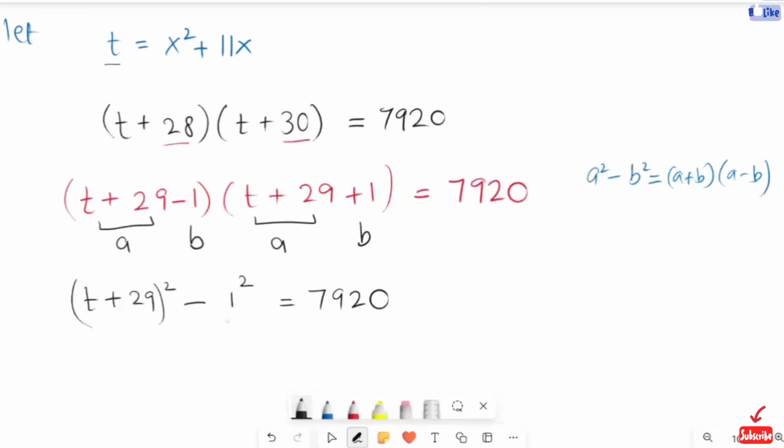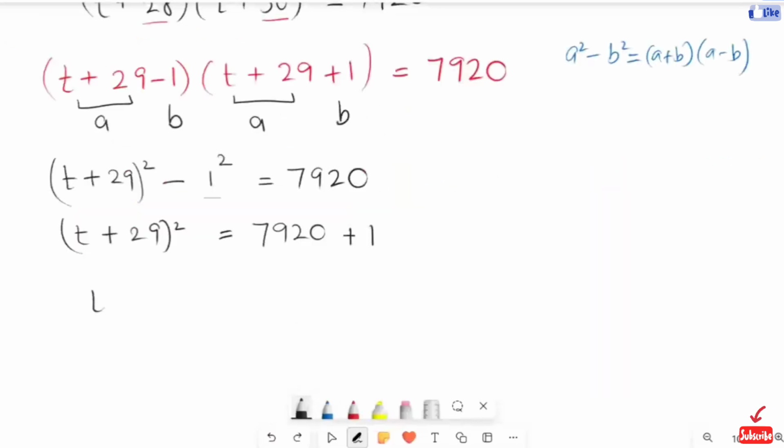In the next step, I'm going to take this 1 to the right hand side. (t plus 29) whole raised to power 2 is equal to 7,920 plus 1. (t plus 29) whole raised to power 2 is equal to